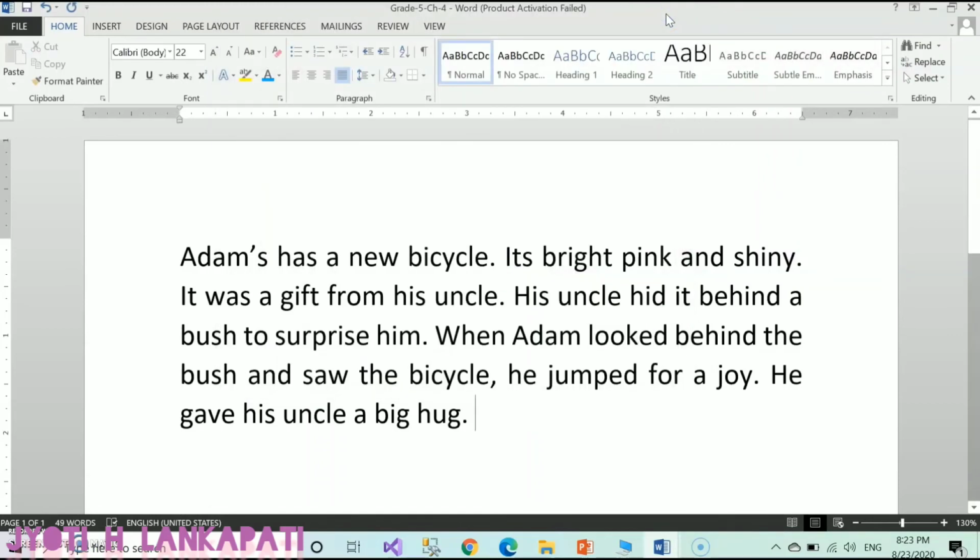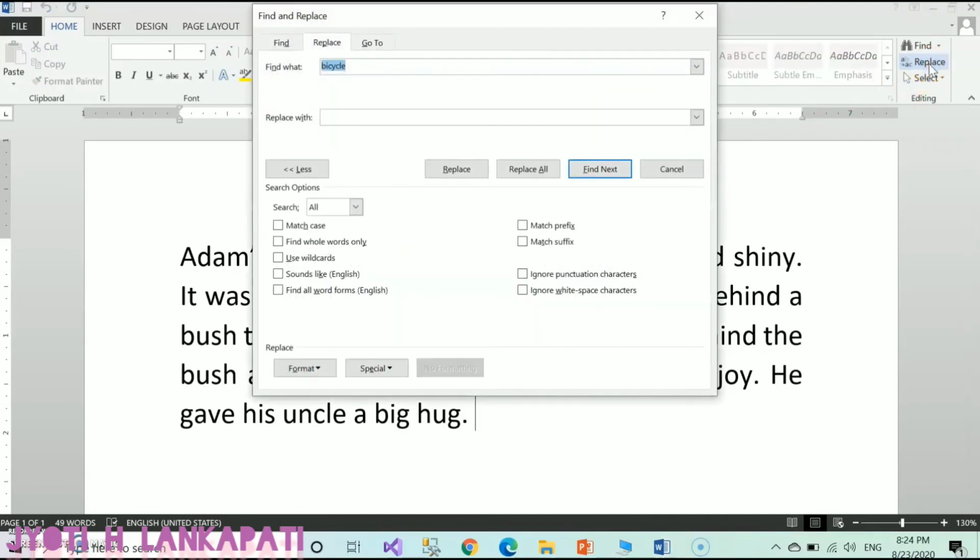Now we will see the Replace option. Besides searching the text, you can also replace the words or phrases with any alternate text. Suppose I want to replace the word bicycle over here with the word car. So what I will do, I will go for Replace button.